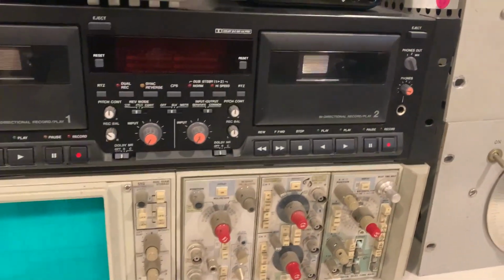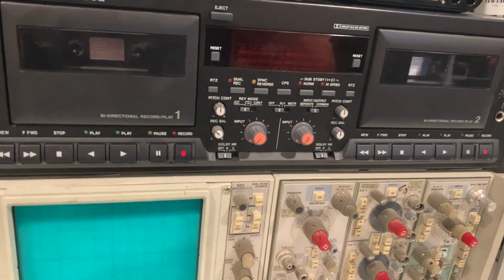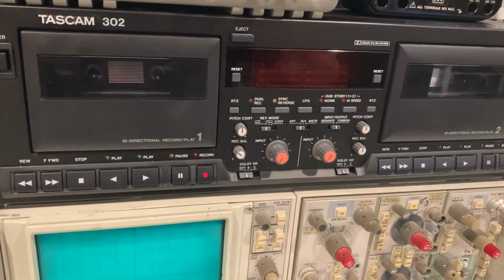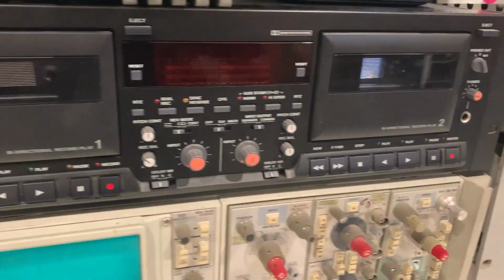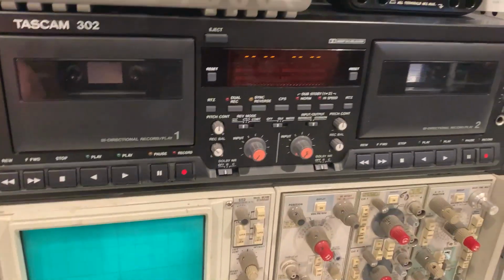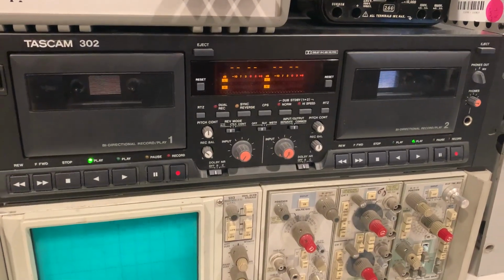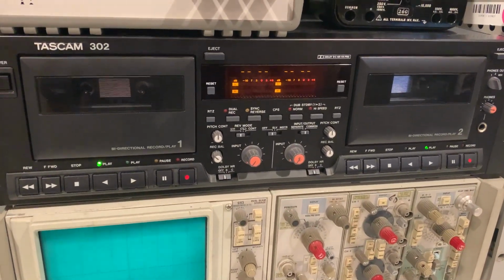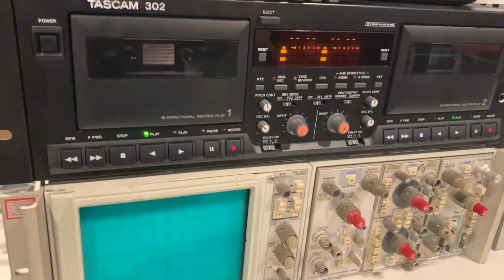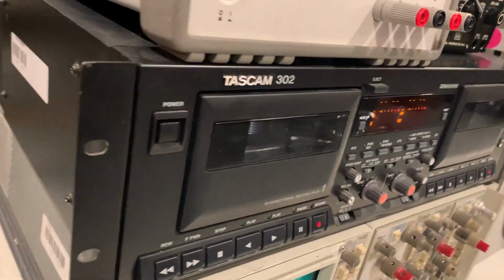I have never seen a tape deck with so many buttons. Again, I don't know exactly what they do, but very sophisticated for a tape deck. I would have gone nuts over this 20 years ago, or whenever tapes were relevant back in the day. I duplicated a lot of tapes way back then, so this would have been very nice to have. And it's a rack model too. I mean, look at it, it's got the rack